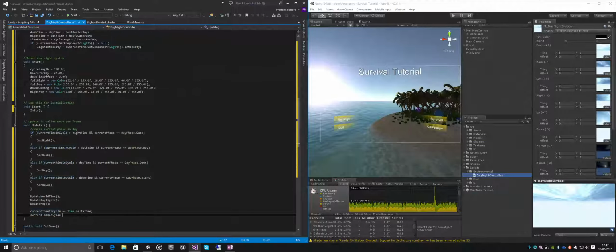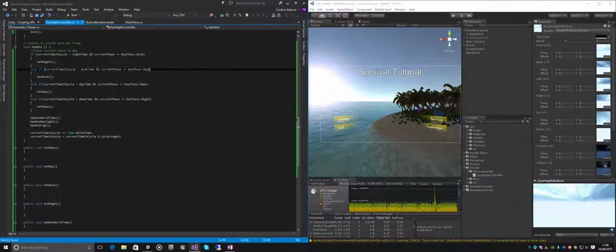Current time in cycle is current cycle time mod, which is percentage, cycle length. Okay. Just making sure we don't have any errors, which we don't, so that's good. We can continue